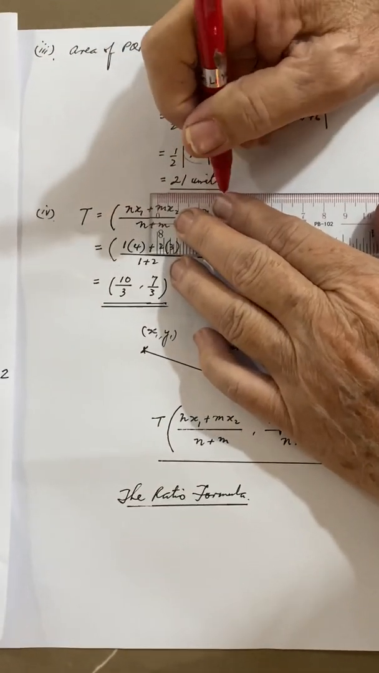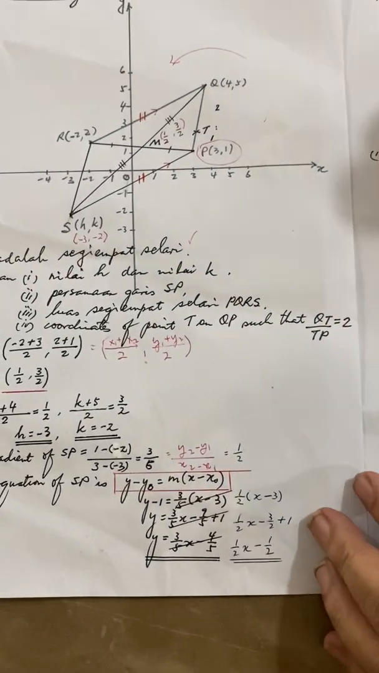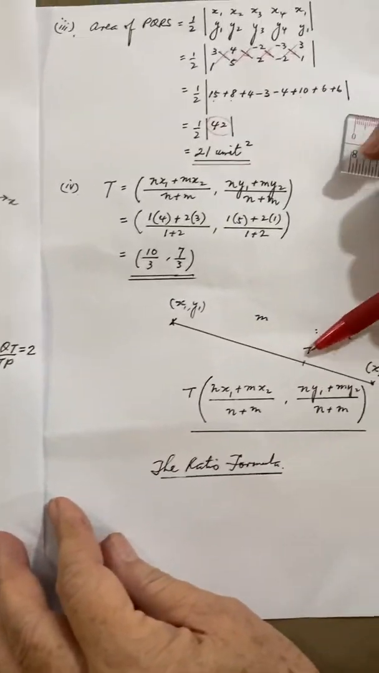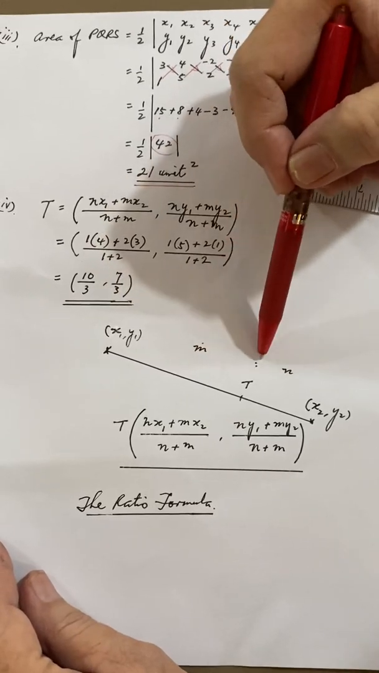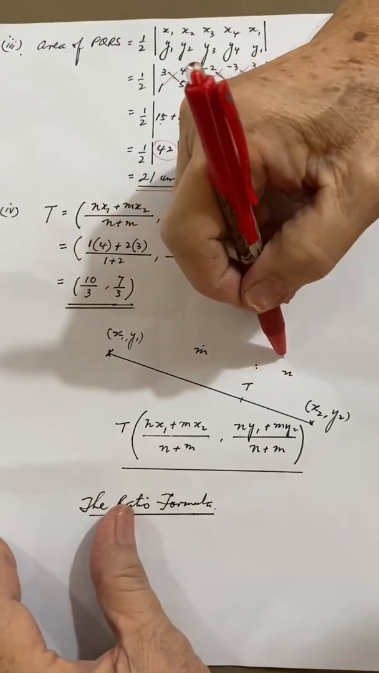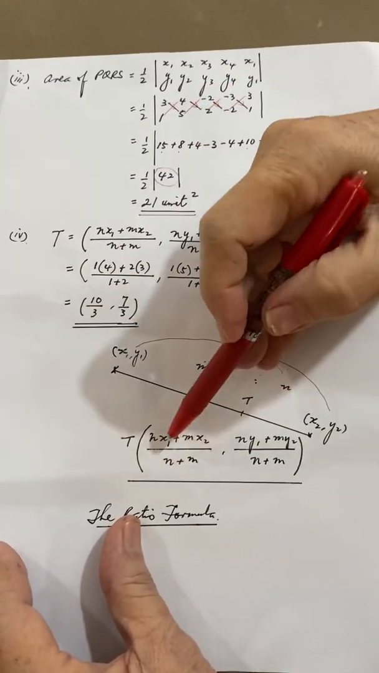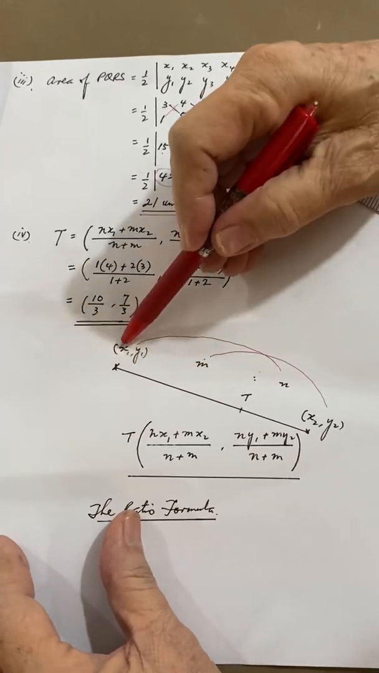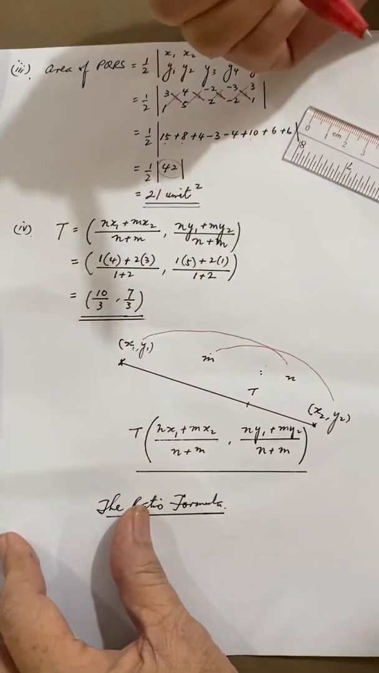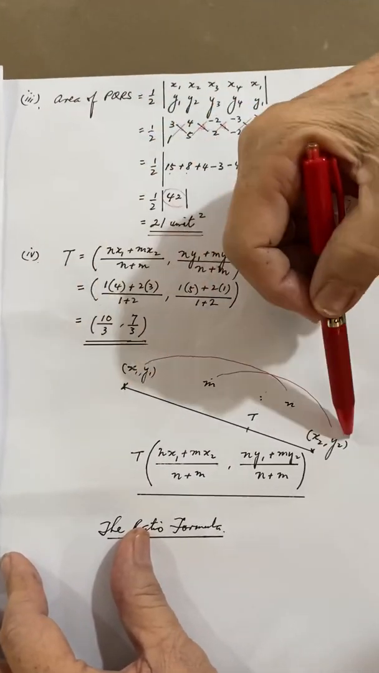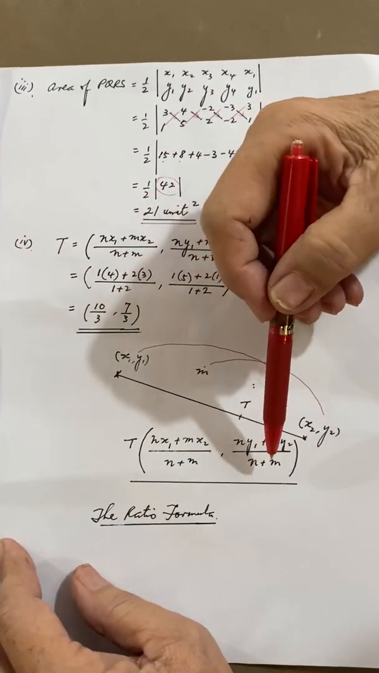Third part. I want to revise something that's very important, which is called the ratio theorem. So let's look at this first. If you have a point T dividing a line such that it is in the ratio m is to n, then what you do is you cross like this, okay? So the x coordinate of T will become (n times x1 plus m times x2) divided by (m plus n). The y coordinate, the same thing, (n y1 plus m y2) over (n plus m),